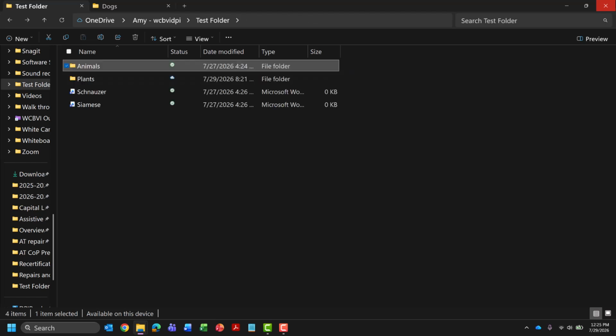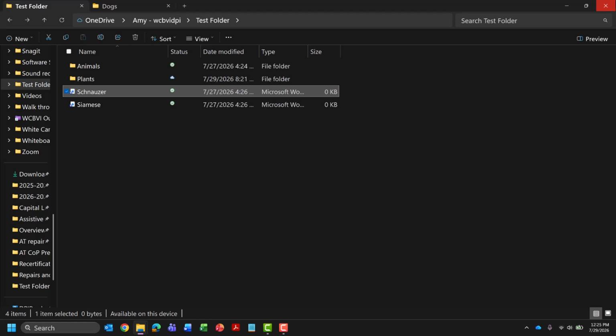Items view multi-select list box. I'm focused on my test folder. Now I'm going to press S for Schnauzer. Schnauzer not checked. Now I'm going to cut this to my clipboard by pressing Control plus the letter X or X-ray. Cut. Now I'm going to move to that dogs folder by pressing Control Tab to move back to that other